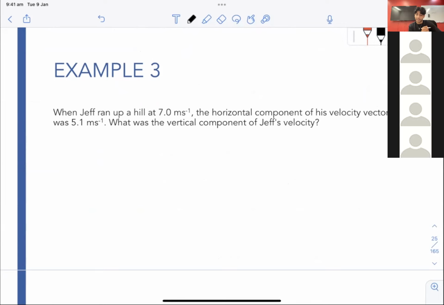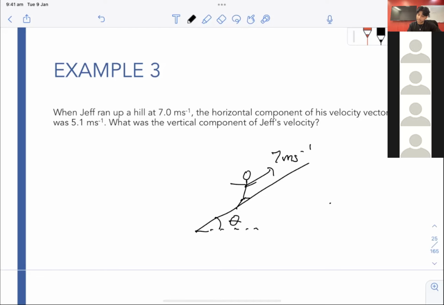Number 3, when Jeff ran up a hill at 7 meters per second, the horizontal component of his velocity was 5.1. So immediately I can see that there's some kind of setup here with a hill and a slope. So I'm going to draw Jeff here. He's running up the hill at 7 meters per second. Now this hill has some angle with the ground. And the component of his velocity that's horizontal is 5.1 meters. So if I extend his vector here,